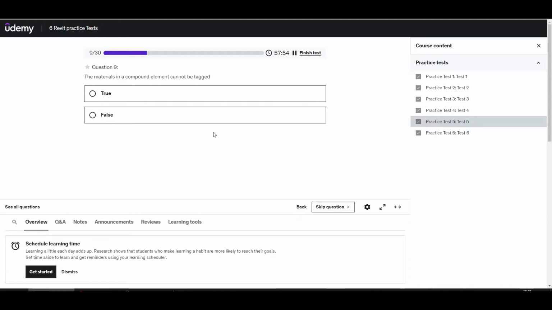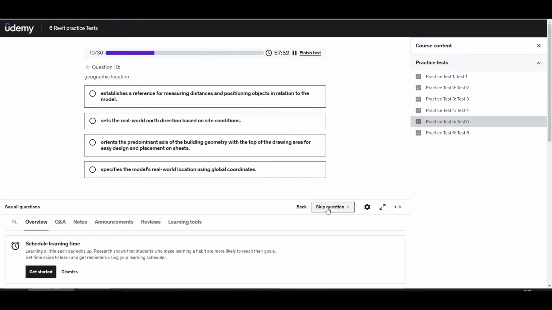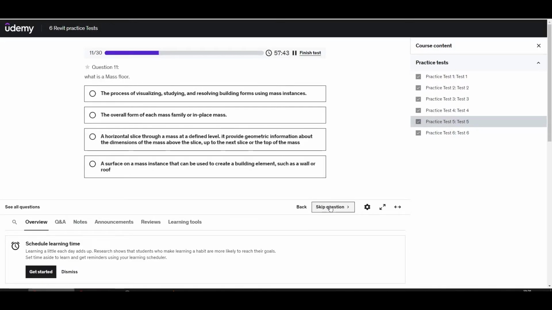Question 9, the materials in a compound element cannot be tagged. The answer is, false. Question 10, geographic location. The answer is, specifies the model's real-world location using global coordinates. Question 11, what is a mass floor? The answer is, a horizontal slice through a mass at a defined level. It provides geometric information about the dimensions of the mass above the slice, up to the next slice or the